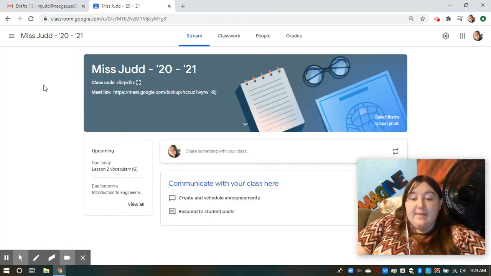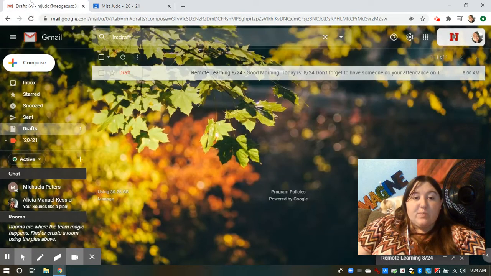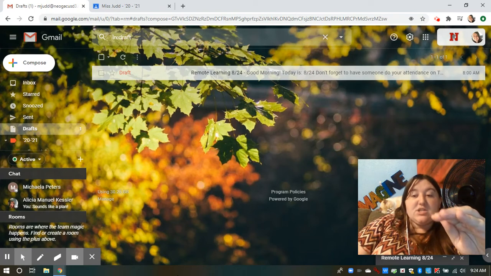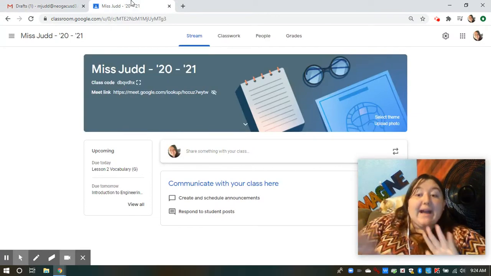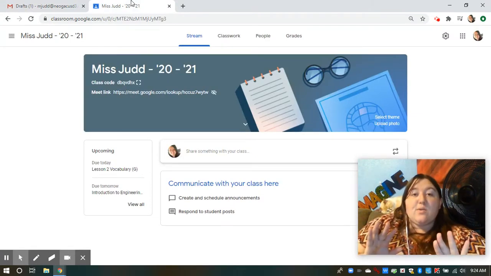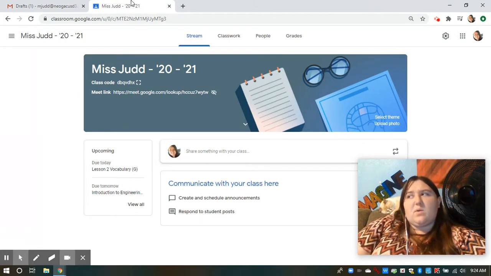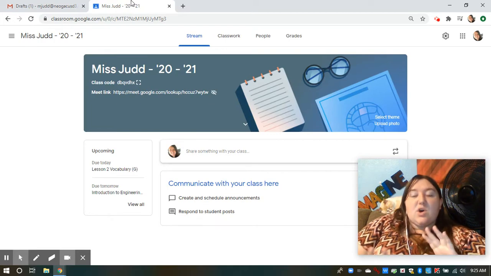Okay, I recommend having both tabs open. So like having one tab over here that has the email open so you can go through and be like, okay, I can do this for reading. So you read it and do it and then go over here and do reading. So you can go back and forth very easily. Otherwise, it may be tedious to be like, oh, wait, what did I need to do for that? Or was that really on Google Classroom? So just having both tabs open to be able to flip back and forth and see is very helpful